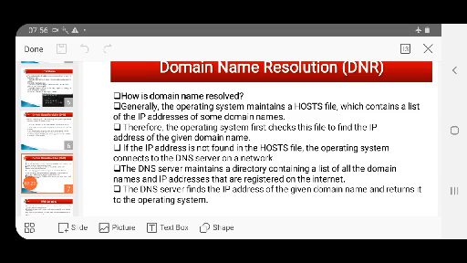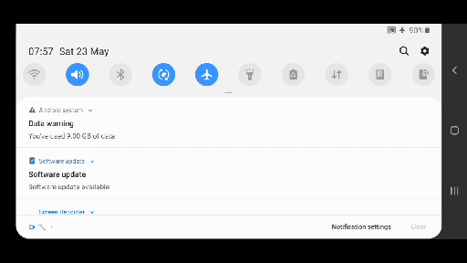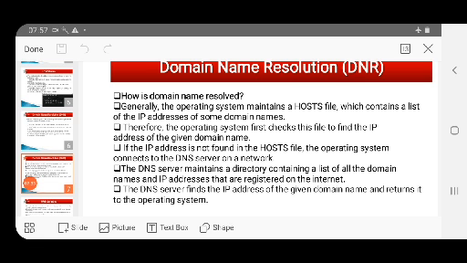Let us understand it again. I am just repeating the whole process. The operating system has a hosts file, and this host file is important. It contains the IP addresses of some specific domain names, basically those which are frequently being used. Obviously, if the operating system has a host file, it will be checked first to get the IP address of the given domain name